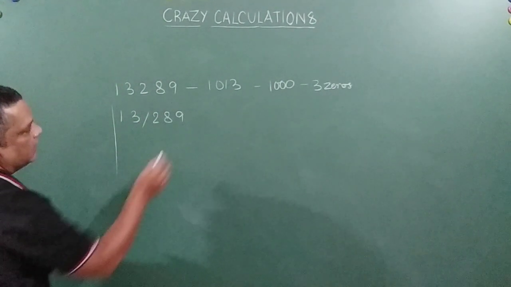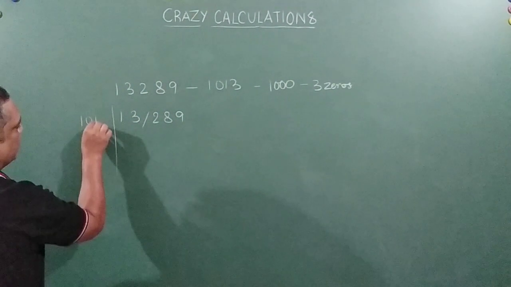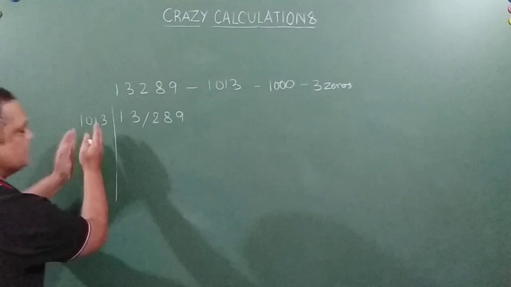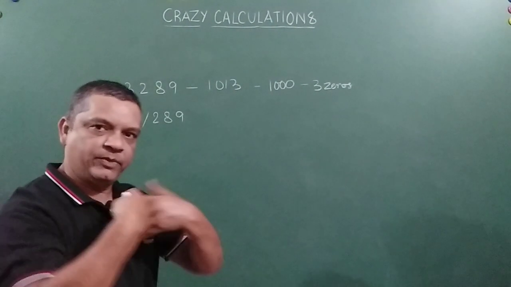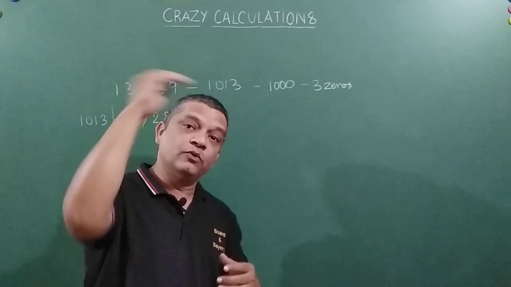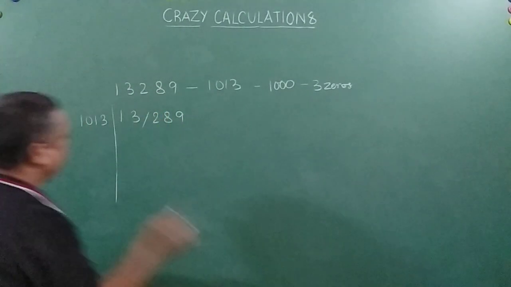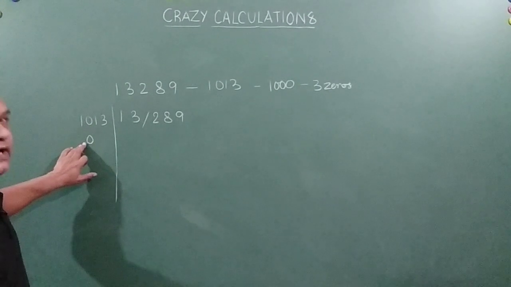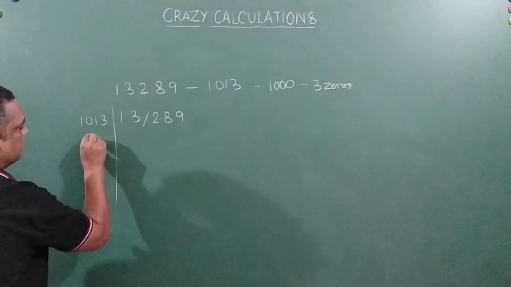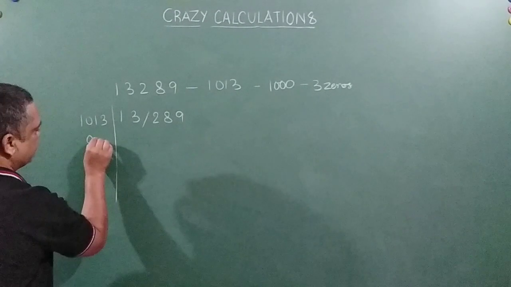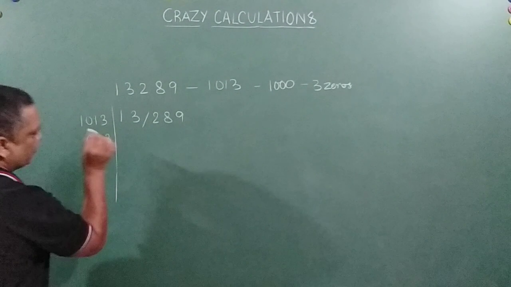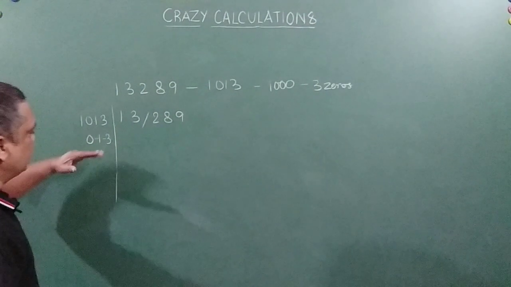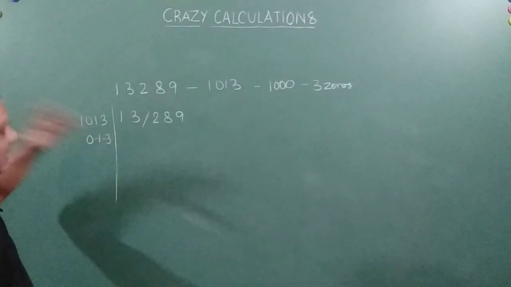Now let us reproduce 1013 here. Now what happens, friends? See, 1013 is closer to the base 1000, but 13 more than the base, right? So whatever it is more than the base, I am going to write it here. I am not going to put a minus sign to 0. It doesn't matter, right? So 0 is neither positive nor negative. It doesn't affect. But yes, -1 and -3, I am going to put it like this. I hope the point is clear. That is what I said in the last problem, right? So you have to present it as -1 and -3.